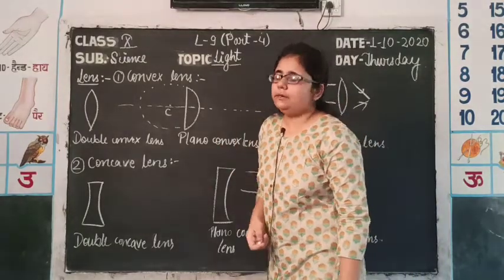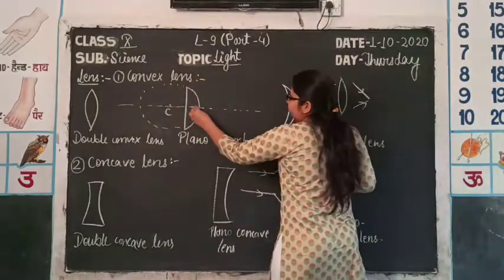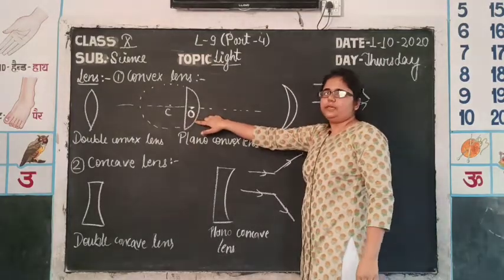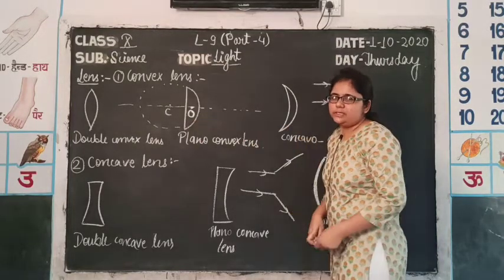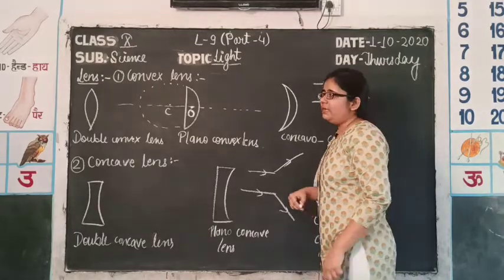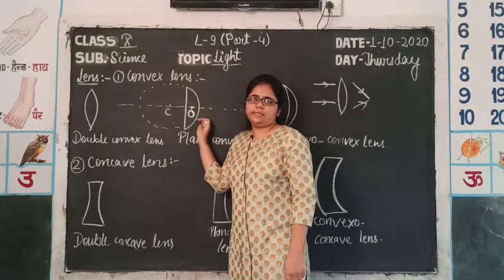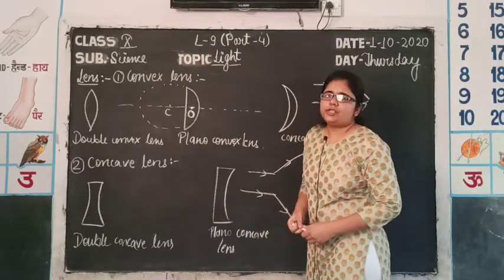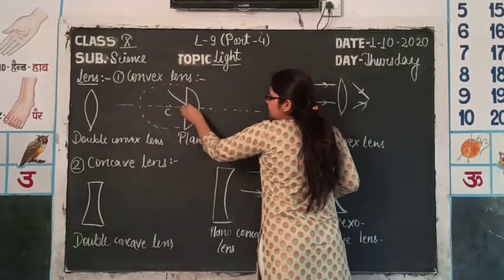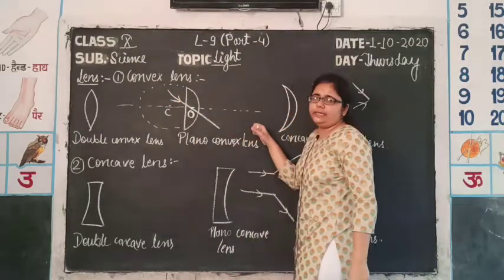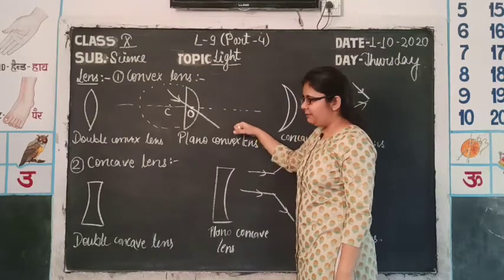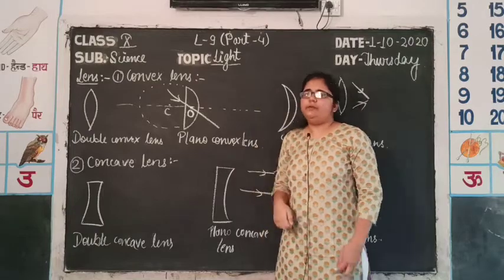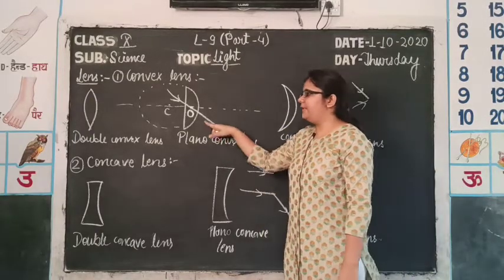Then optical center. Optical center is the center of the lens. In the numericals of convex or concave lenses, we will take all distances from this optical center. The speciality of this center is that there is no deviation in the rays. If rays are coming like this, then they will not get deviated in any way. Neither do they converge nor diverge. They will pass through the optical center undeviated, and we will measure all distances from the optical center.